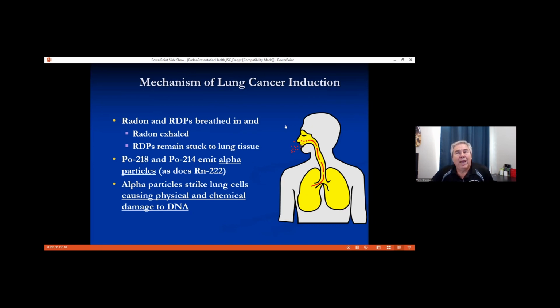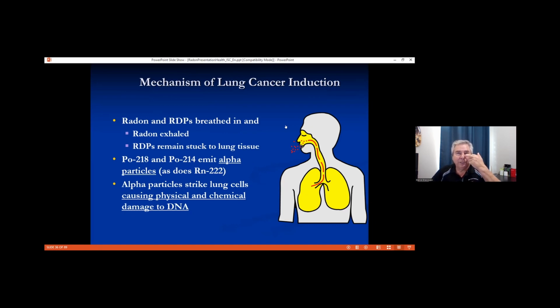The next thing that could happen is that the alpha particle hits a living cell, and it doesn't hit the cell in a critical spot. In a case like that, the cell could repair itself. Just like our body, if we cut our hand or cut our arm, our body is going to repair itself. Living cells can do that too. So if that's the case, not the end of the world.